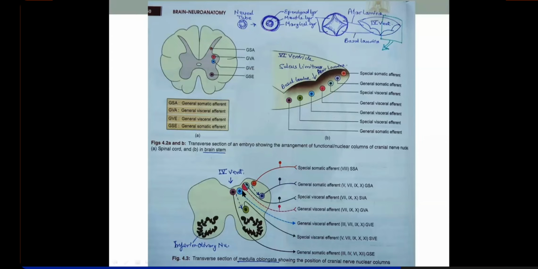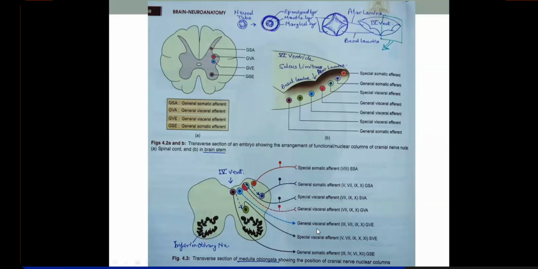And this functional column is called general visceral afferent. General sensations from the viscera will bring fibers along with the facial nerve, right? From the facial nerve, general visceral afferents will come, then from the glossopharyngeal nerve, and from the 10th nerve. So this will bring all sorts of different sensations. General visceral afferent sensations might be stretch, temperature, pressure from the viscera in the head and neck region.